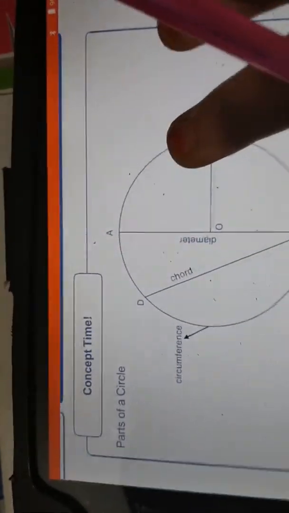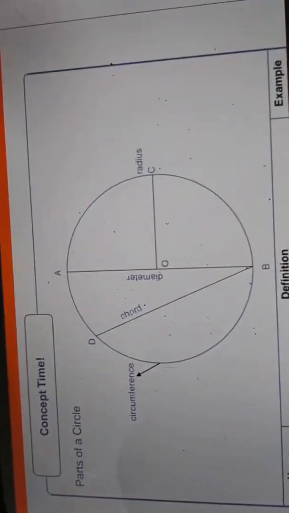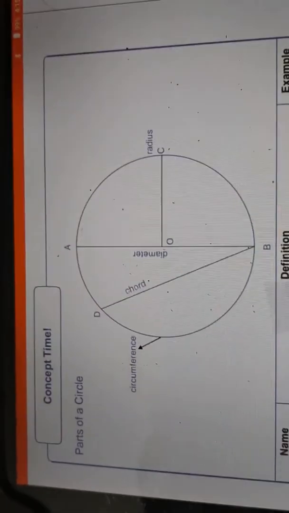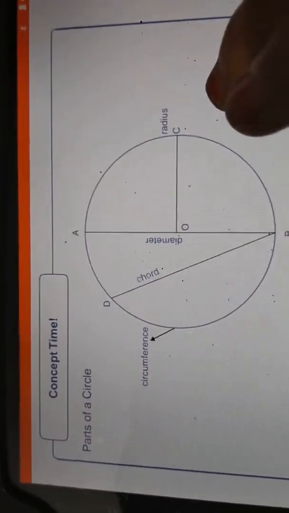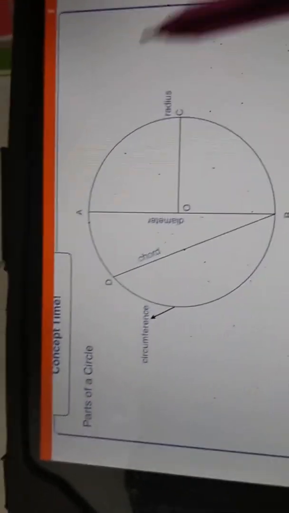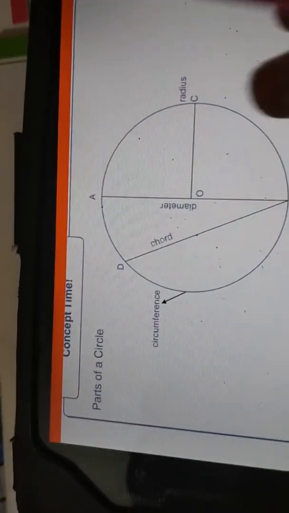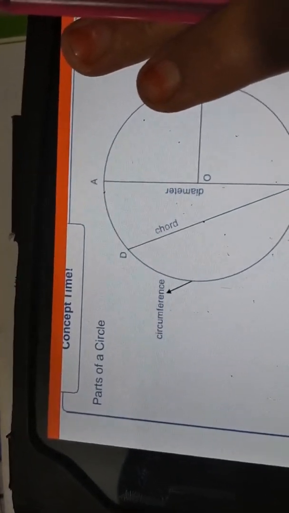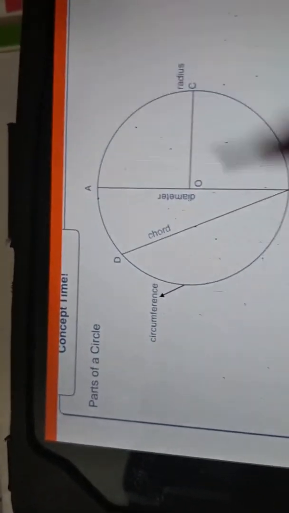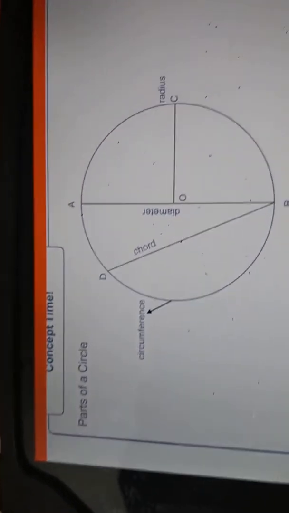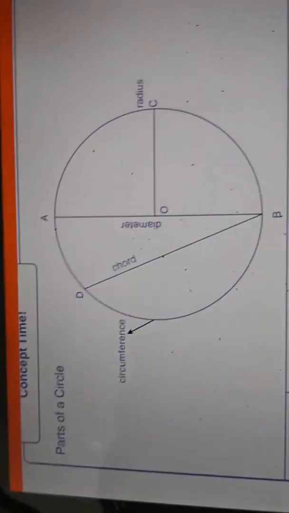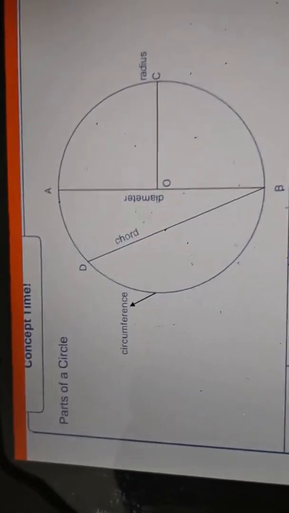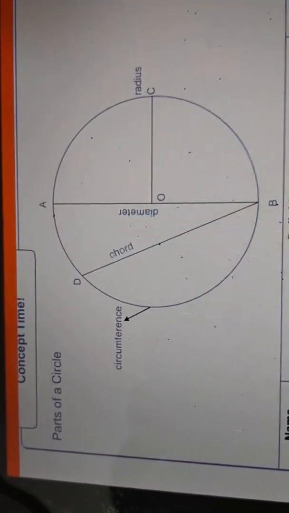So look at this, students. This is a circle, and in this circle there are different parts. Okay. So now, students, look at this. In a circle, this is the circle, okay. So this one is the inner portion. This is the outer portion. So the outer portion is called the surface. What is the surface? The total length around the circle is called surface.